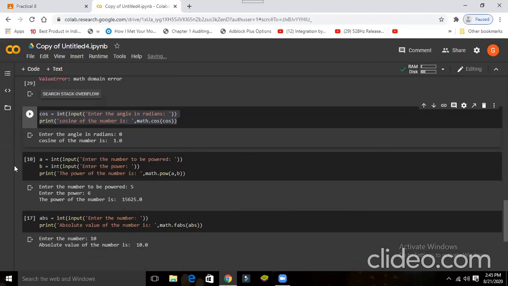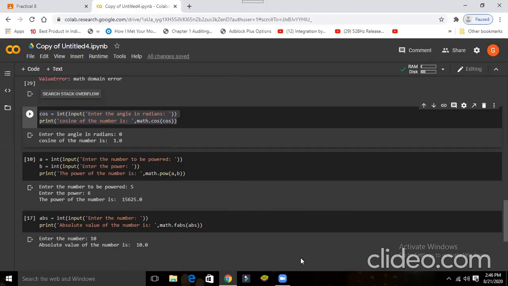Okay. Now the next function is pow. So what is the use of the pow function? Ma'am, to find 3 raised to 2, 2 raised to 5 and so on. So it takes two arguments, a comma b, where a is the base and b is the exponent, right?